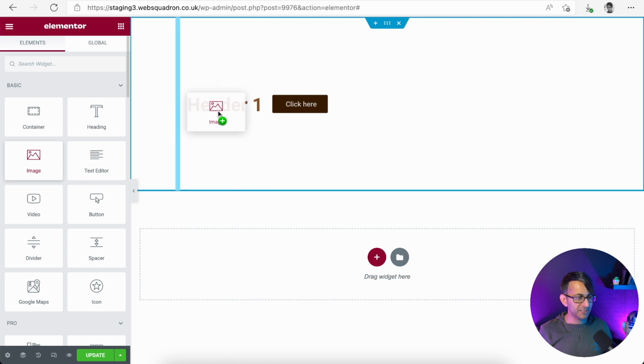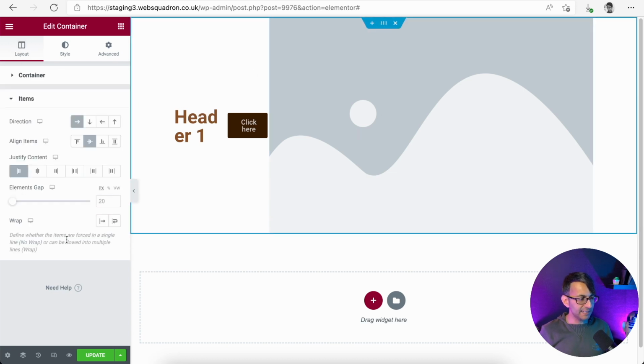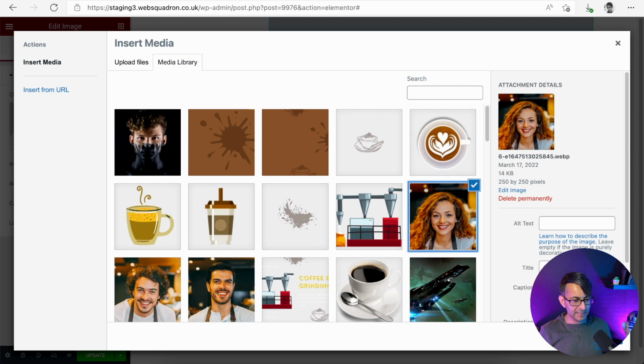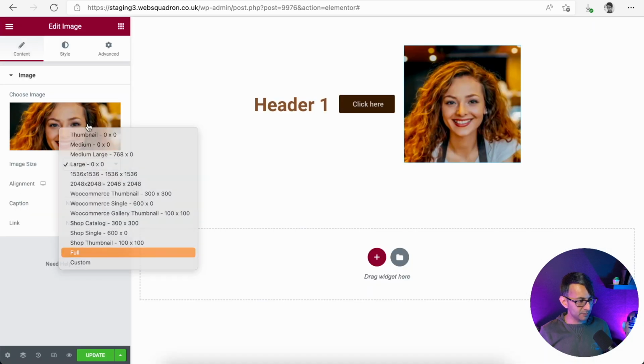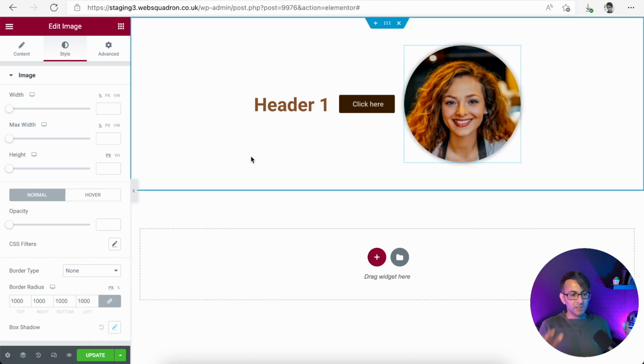Now, when I try and pick up this image, the image is always going to go to the left or right. So I now have an image there, and it's gone to the right, because at the moment we are still in the row direction, and we also are center aligned. In fact, let's just make this all be center as well. Everything is center at the moment. Let's now click on this image and pick an image like that. We'll make it full resolution, and let's make the style something like that. There we go, a bit of a shadow effect as well. Brilliant, wonderful. That is now center aligned, vertically and horizontally, but I want that image to be below.